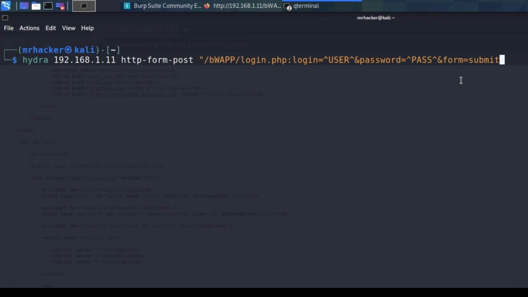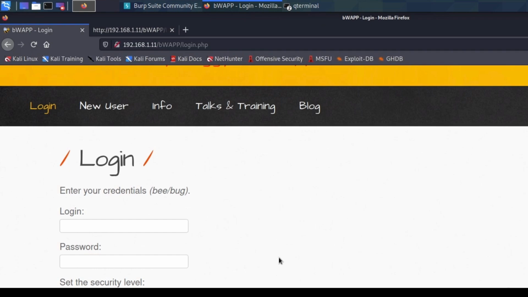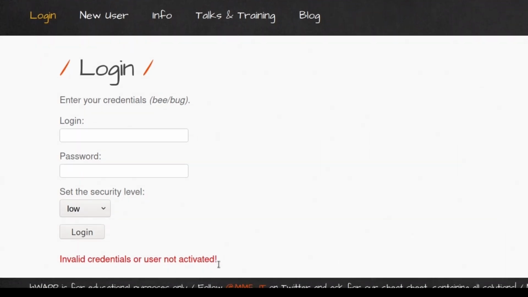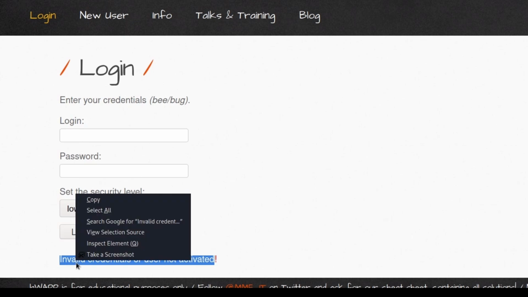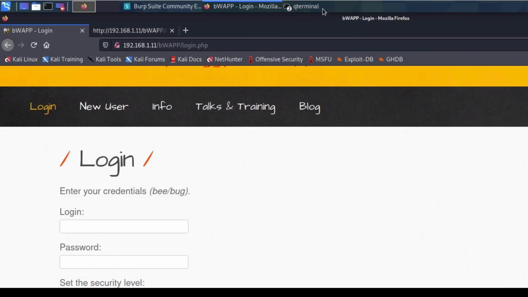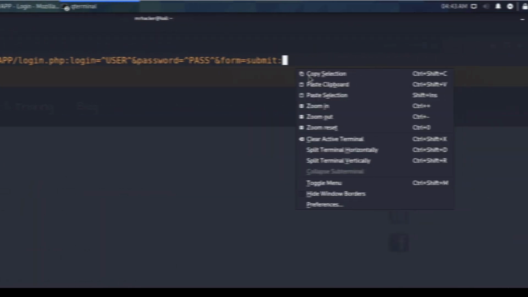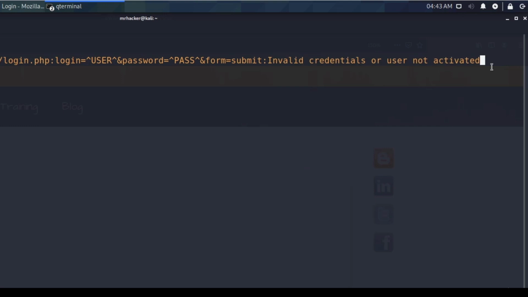Now that we've finished with the second part of this command, we can go on to the third part by separating it with two dots once again. And we need to type the string that we get once a password is incorrect. And we have it right here. We can copy it, invalid credentials or user not activated. Let's copy that message and paste it right here. Once you do that, you want to close the double quotes, and at the end, we specify the usernames list